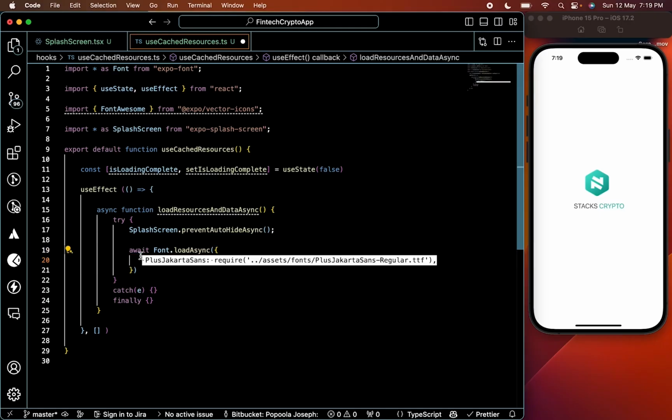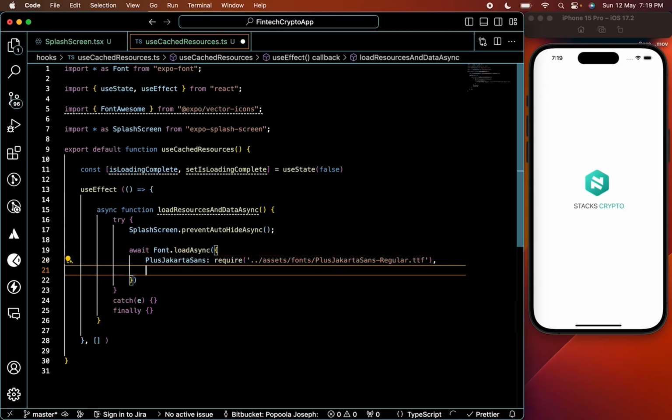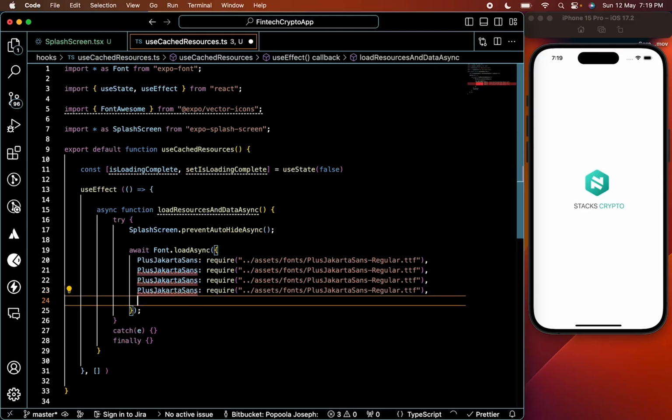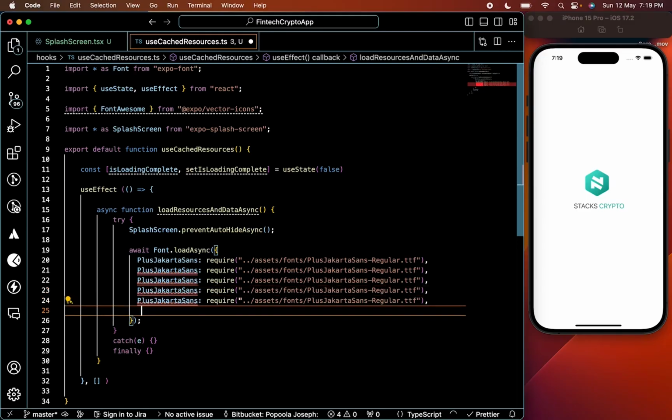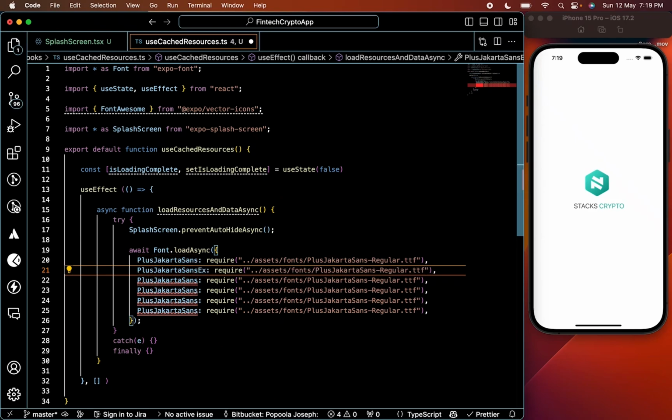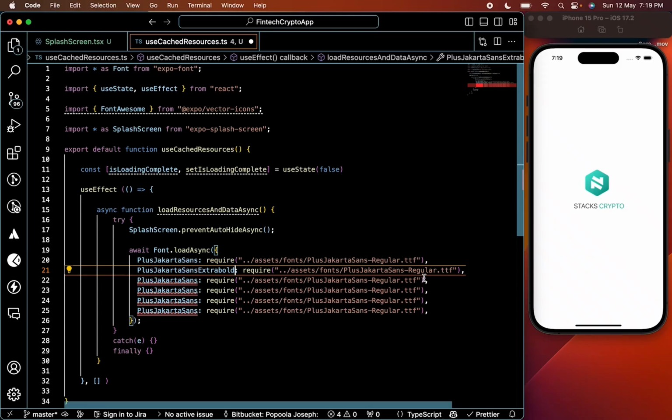So all I have to do is just copy all of this and paste it 4 times. So I'm just going to say paste this, paste this, paste this. That's 4. This is 5, and this is 6. So this is going to be of extra bold, and this is not going to be regular as well. This is going to be extra bold, and the next one is going to be of bold,